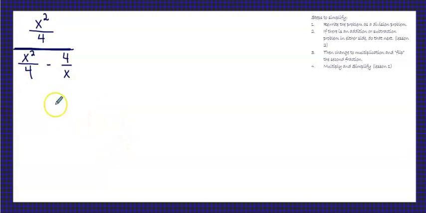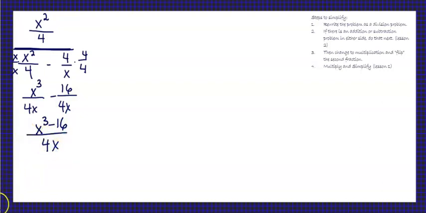So our least common denominator is 4x. So this side needs a 4, and this side needs the x. So we're multiplying times x there. So that's going to be x cubed over 4x minus 16 over 4x. Okay. So that is x cubed minus 16 over 4x. So what that means is this fraction is now the denominator. So then when I rewrite it,